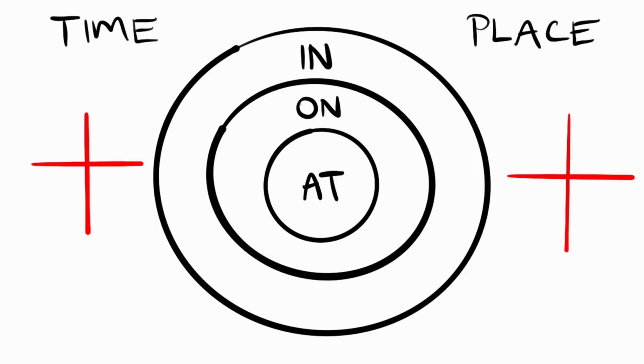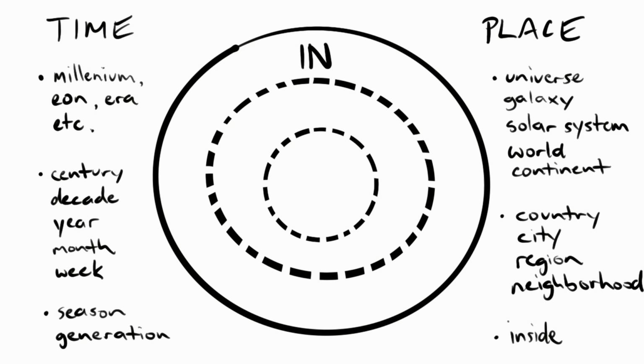If you think of in, on, at being part of a target or a bullseye, like a dartboard, and you think of three areas or three concentric circles, by far the largest of these circles would be the outermost circle, and that would be the realm or the area for in. First, let's look at in, on, at in terms of being prepositions of time. If you're thinking of large